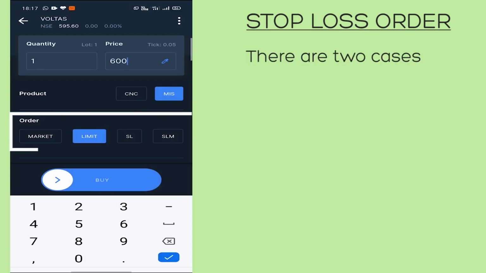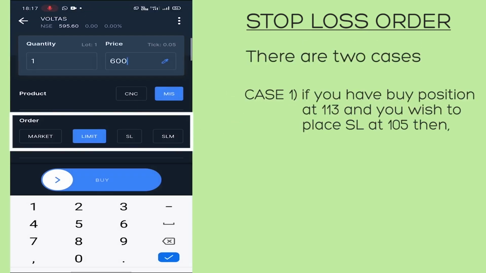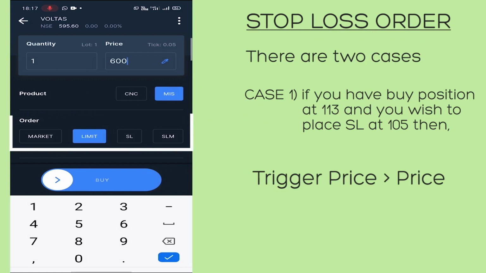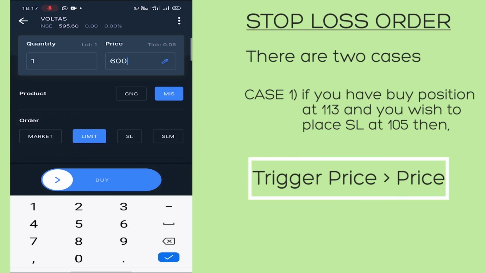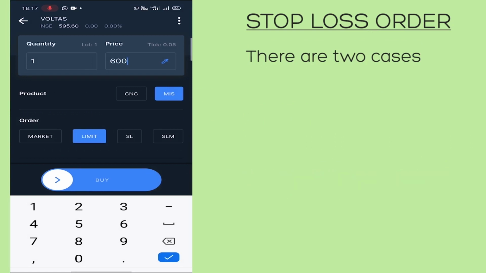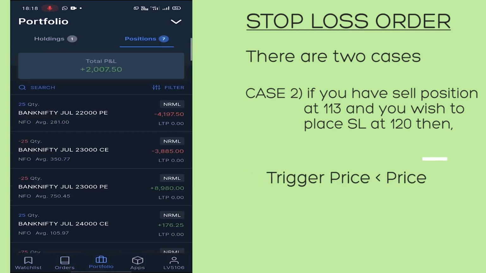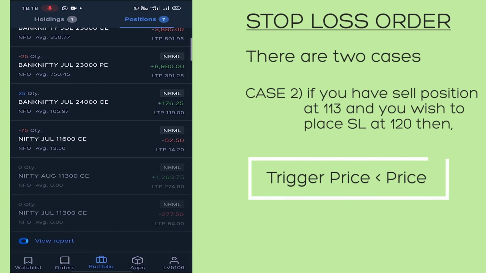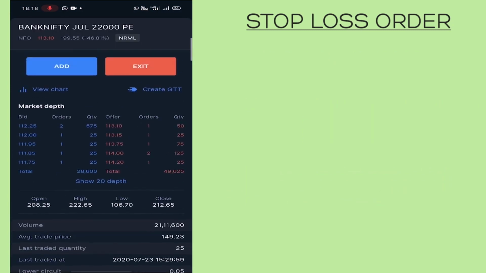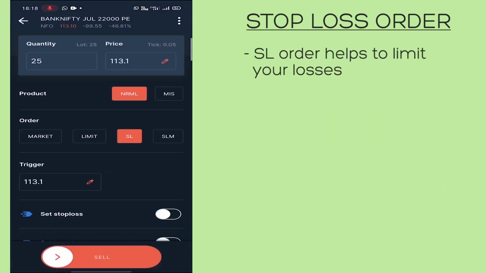The third one is the SL order, or we can say a stop loss order. The name only defines the meaning. For executed orders, to restrict losses when the market moves against your direction, you will have to place a stop loss. If you come to orders, I'll show. See, if you come here and say exit, it will ask for a stop loss. So you can place a stop loss here.